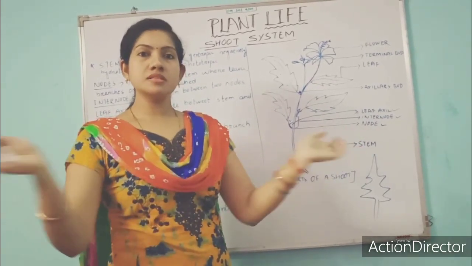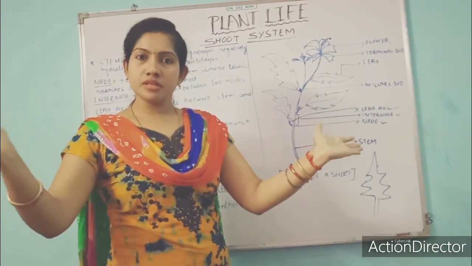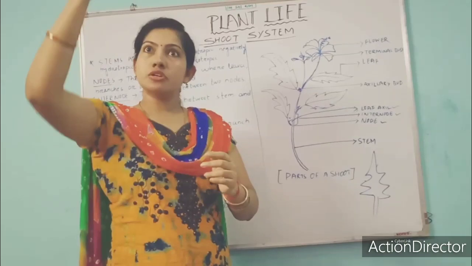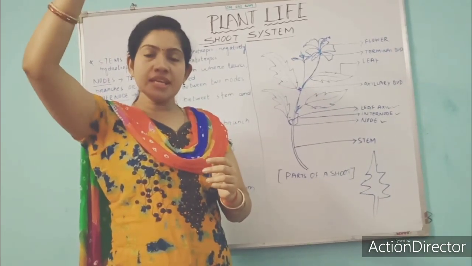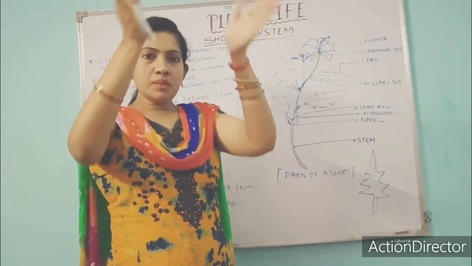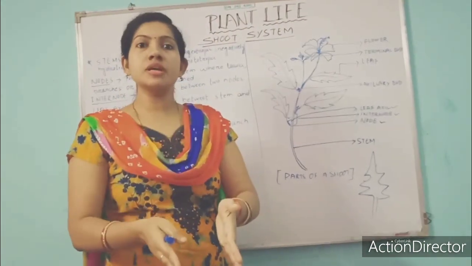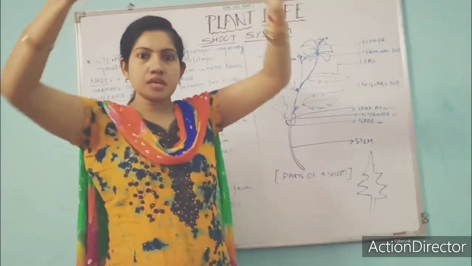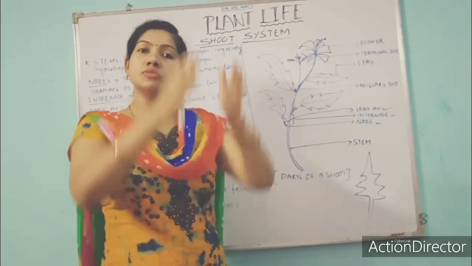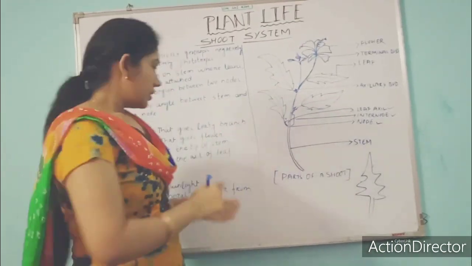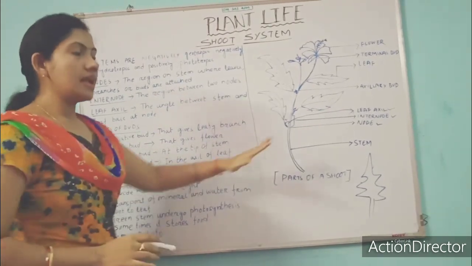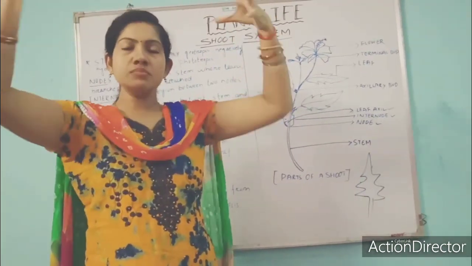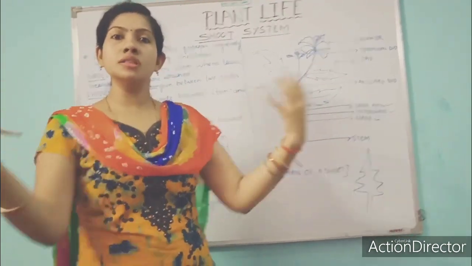Because the lower branches are wide or larger in shape, then a little smaller, and then too small. The top branches will easily get sunlight, and the lower branches cannot get it in between. So the lower branches are a little larger in structure so that the sunlight can be evenly distributed throughout the plant. So it provides maximum sunlight to the plant. The leaves are arranged in such a way that maximum sunlight can be gained by all the leaves of the plants.